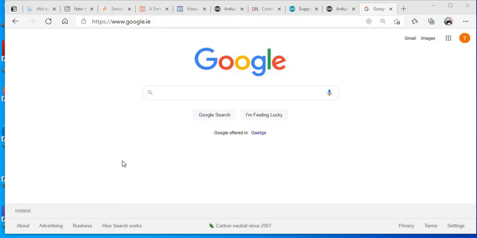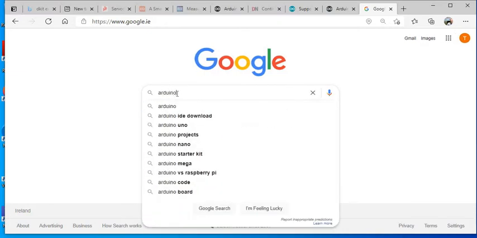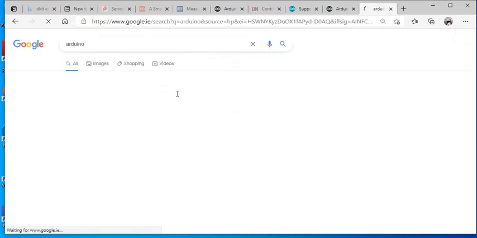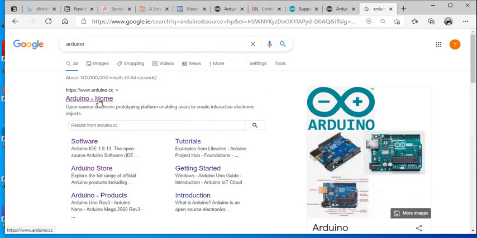IDE stands for Integrated Development Environment, and it's the tool that we can use to edit and upload programs to the Arduino Uno board. So the first thing to do is just go to Google, do a quick search for Arduino. It's a very popular device and there's probably lots of hits when you search it, but we want the Arduino homepage,